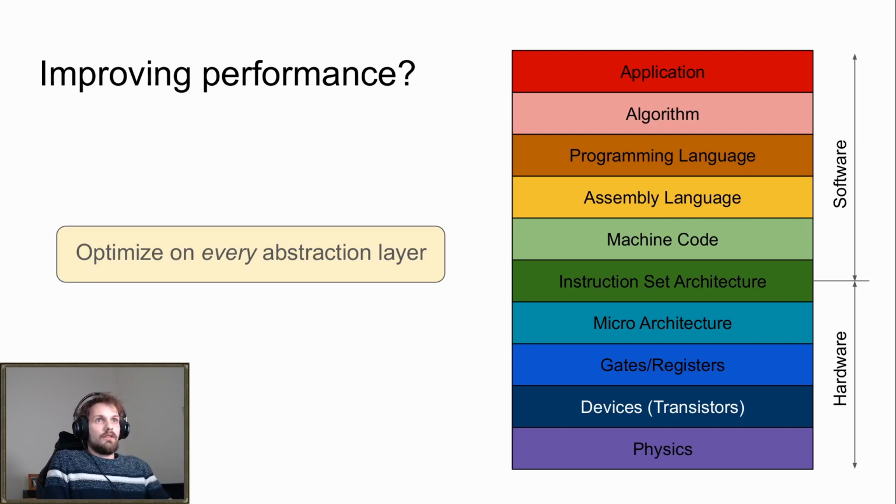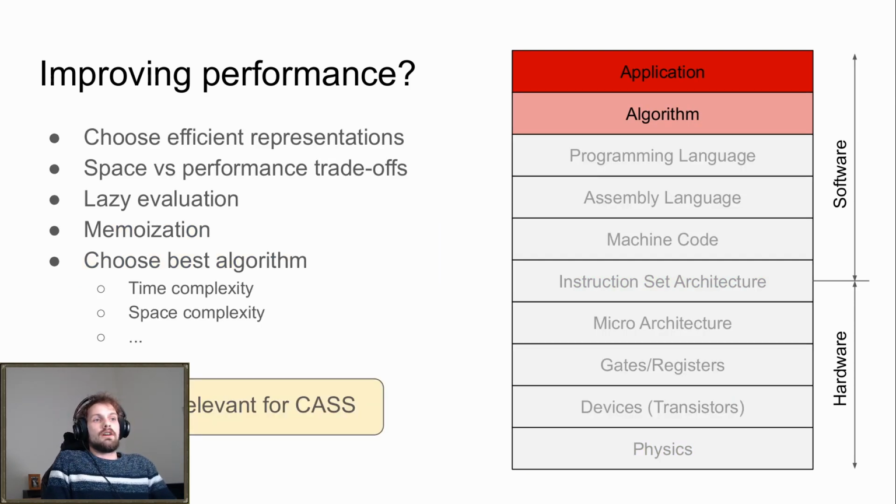Now, for the course CASS, these top two layers are not very relevant. You can do many things, and they are very important in terms of optimizing performance of an application. Often you should probably start at the top layer, but these are not anything that we should discuss in a